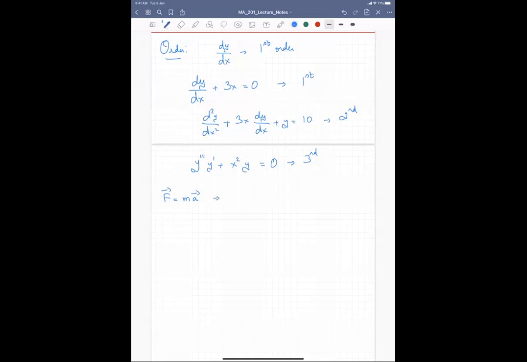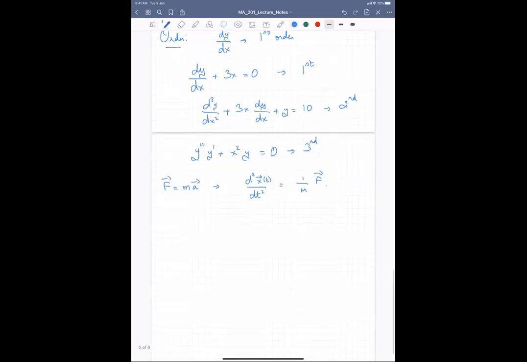So you turn this into a differential equation: d square x of t over dt square, which is acceleration, is 1 over m times F. Okay. This, of course, is three different equations. You write one equation for x, one equation for y, one equation for z, and then you put them all together and you figure out how the particle travels in space and time. So this is the fundamental problem of classical mechanics. And you solve this assuming that, for example, at some instant of time t equal to t naught, the particle was at x equal to x0 and had a velocity v equals v0. So it's also an initial value problem when you formulate it that way. Okay.